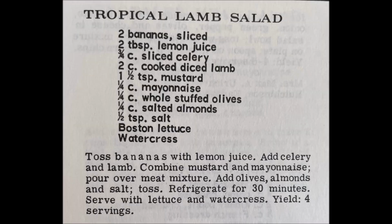Today we're looking at the tropical lamb salad. I've done a little bit of research on this online, and it hasn't really brought up a whole lot. I've seen several references for American resources, mid-century, like 1950s, 1952, I think is where most of them come. Like the American Meat Council or something had put out a cookbook to utilize their products in more